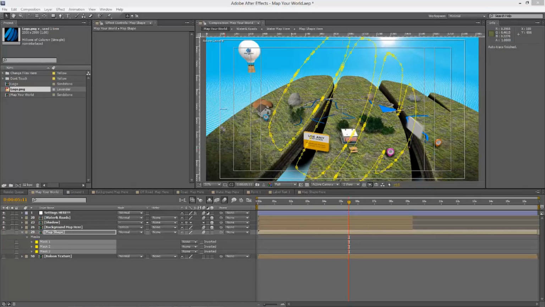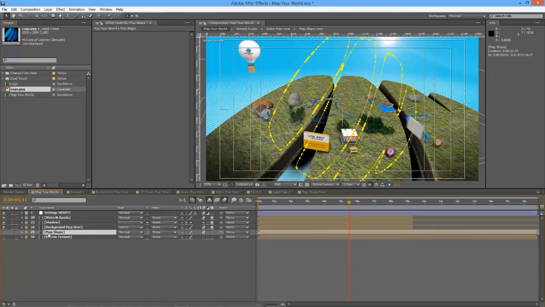Like you see, these edges are all round and perfect. Sometimes you may want it to be more earthy and maybe imperfect. So let me show you how you can do that. I will delete all three masks again. If you lose track of how you can do that, just select map shape again. Let me